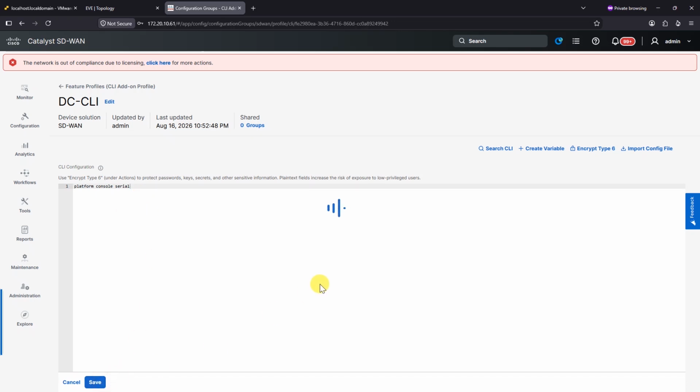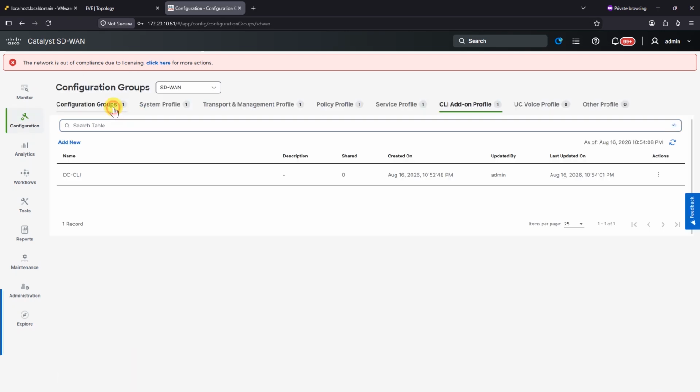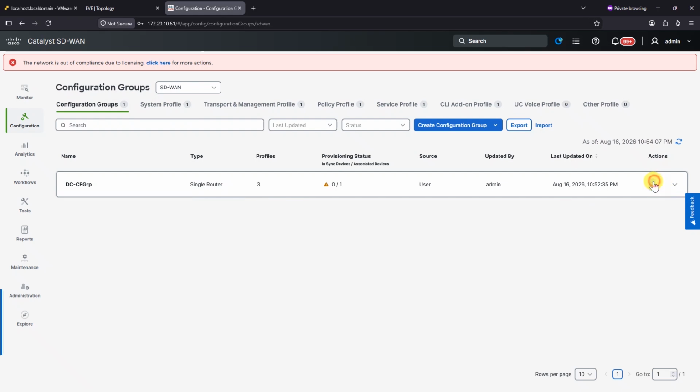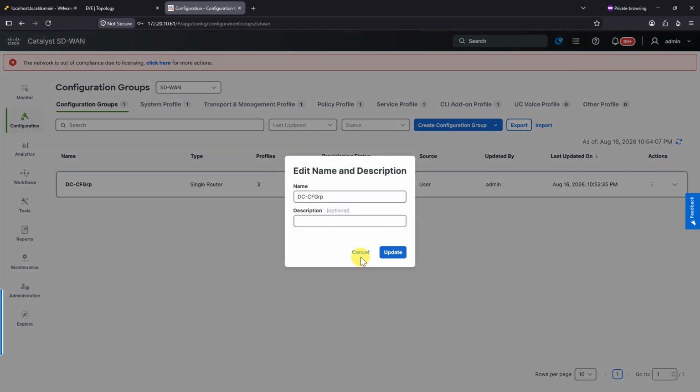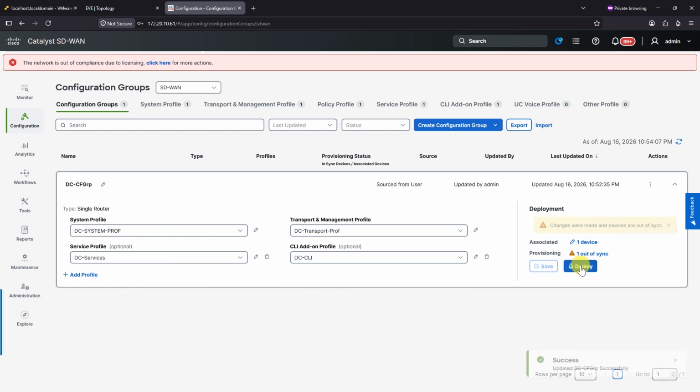Okay, so okay, up to configuration edit, and it add the profile the CLI, and this is CLI,